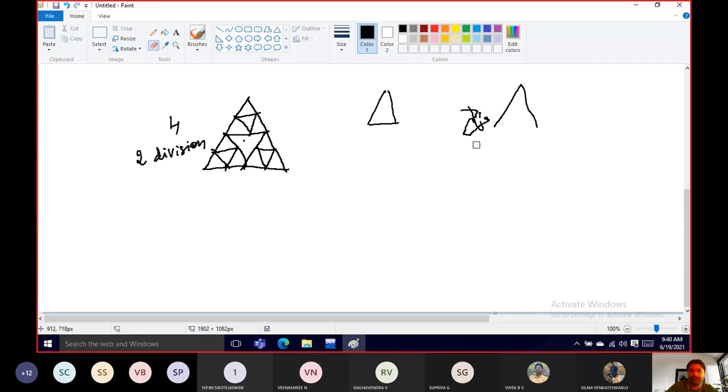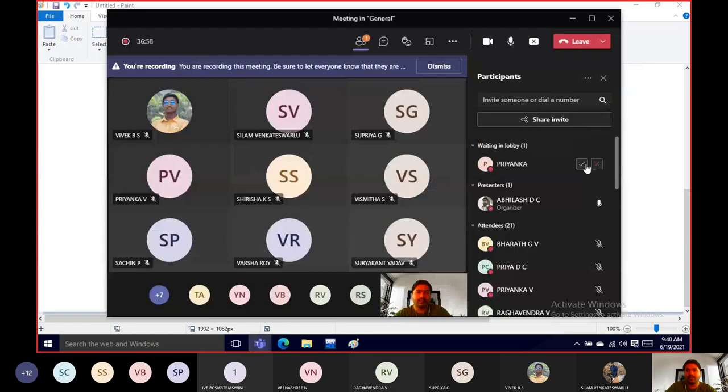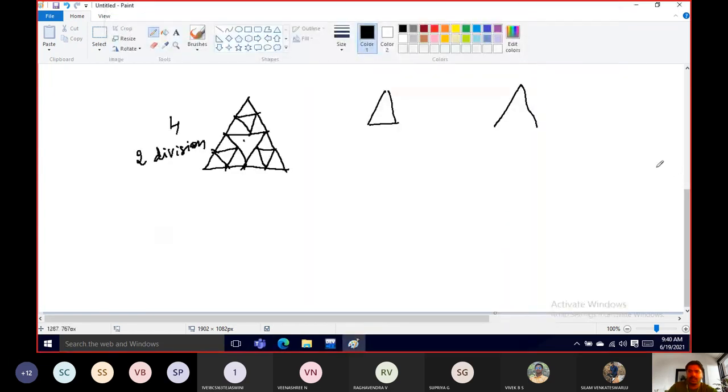What do you mean by the first division? First division is I'm dividing the particular triangle once. So if you're dividing a particular triangle for n number of times, this n is actually given by